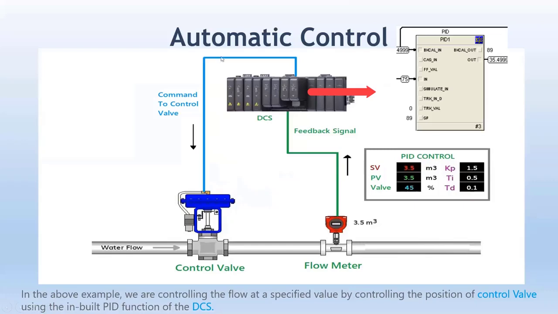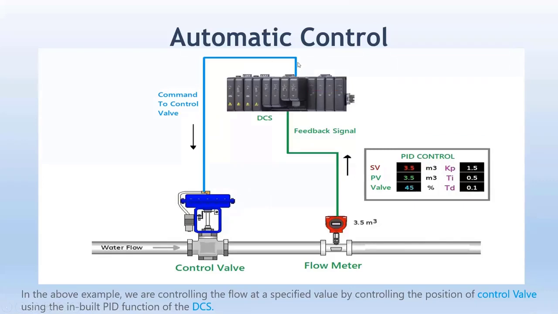But for now, understand that this needs to be connected to the DCS, and inside the DCS there is a PID block, and the PID block would have a set point, a PV, and also some other PID terms, which are some algorithms. We will talk about that in detail, how to actually select PID. There are different methods for the tuning of PID loops. But for now, you have to understand that this is a straightforward flow meter, and the flow meter is connected to your